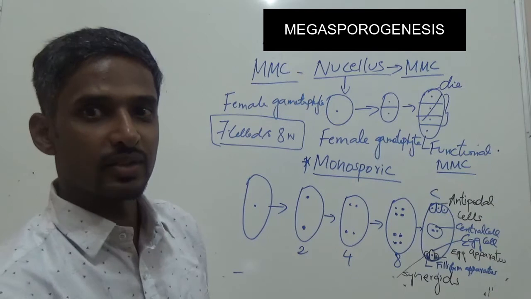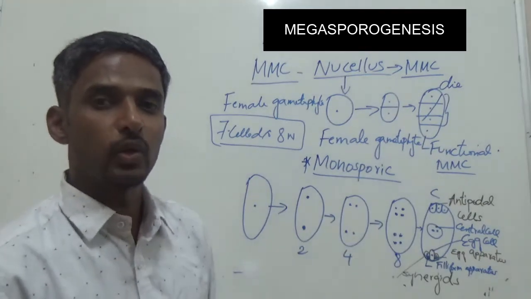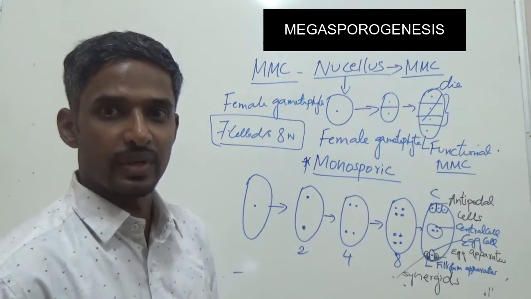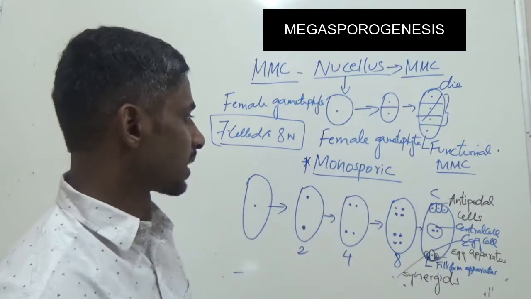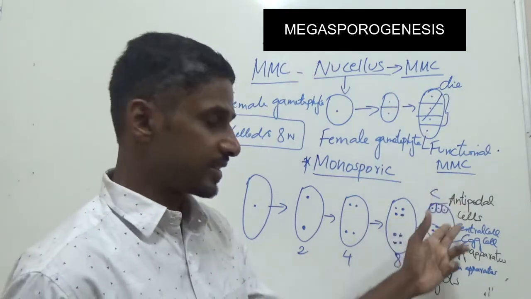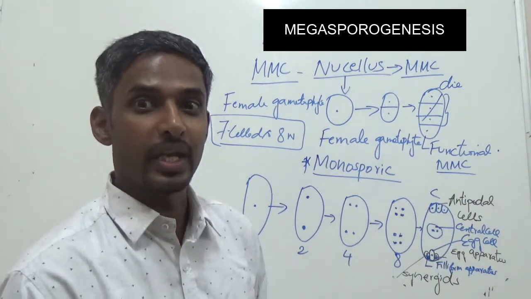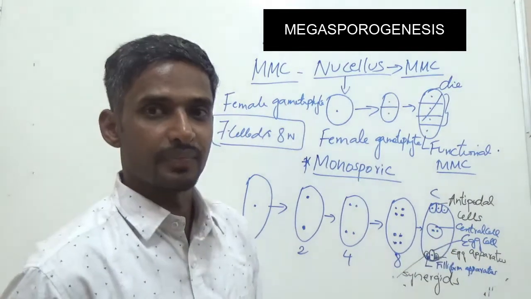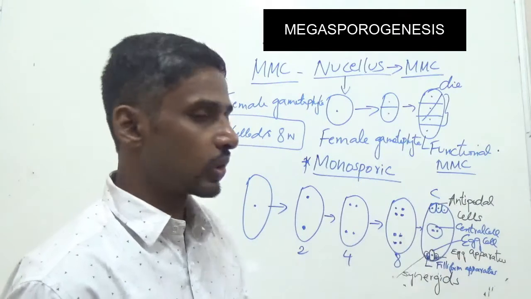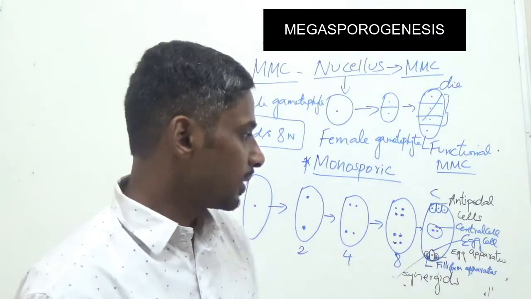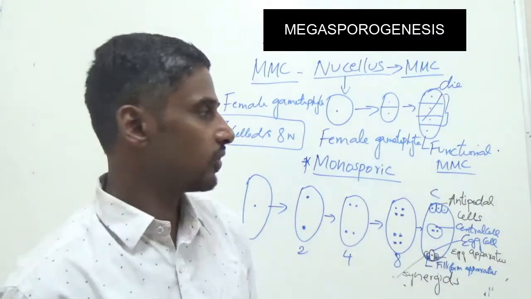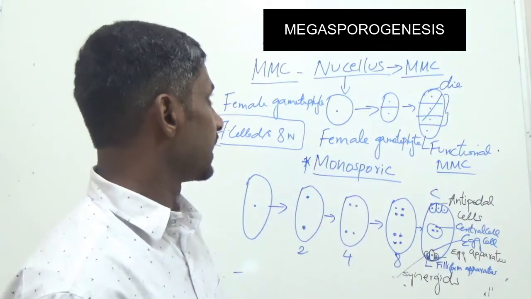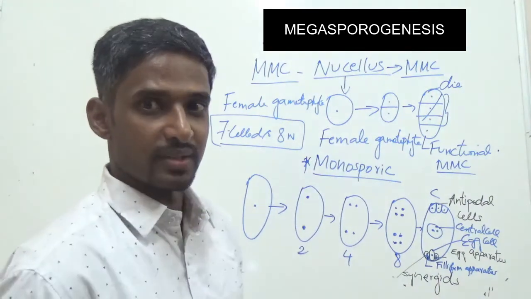They may directly ask, what is this 7-celled 8 nucleate structure? You can simply say it is the embryo sac, in other words a female gametophyte, because it has 7 cells but 8 nuclei. Where is the 8th nucleus? It is present in the central cell. The others all have 1 nucleus each, whereas in the central cell there will be 2 nuclei, and therefore that will be diploid. And this is the way the megasporogenesis takes place.